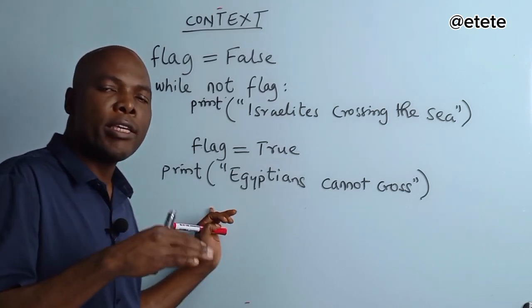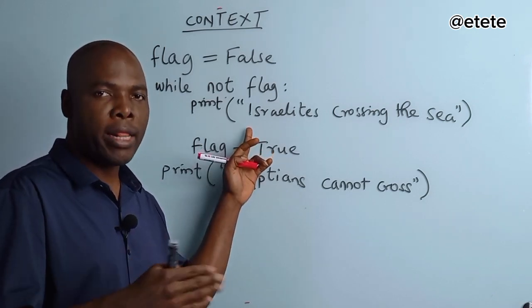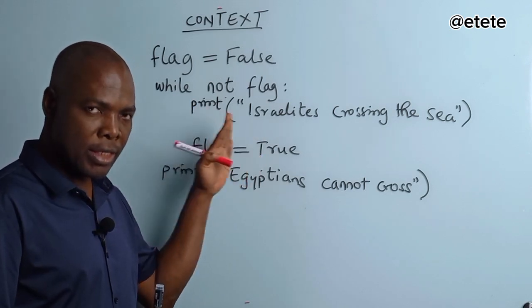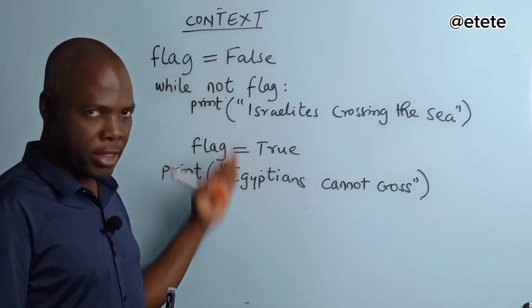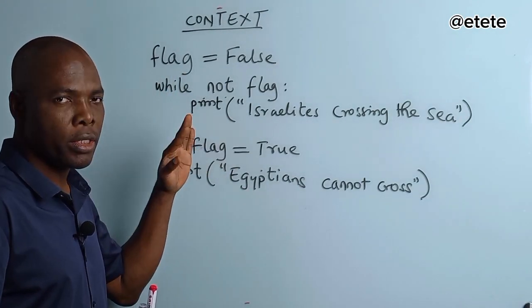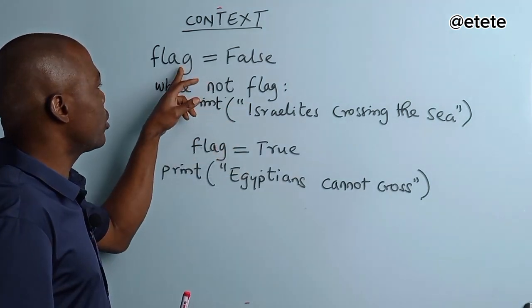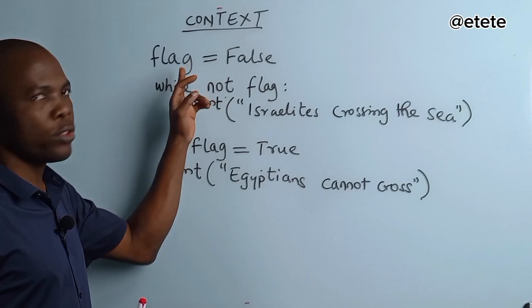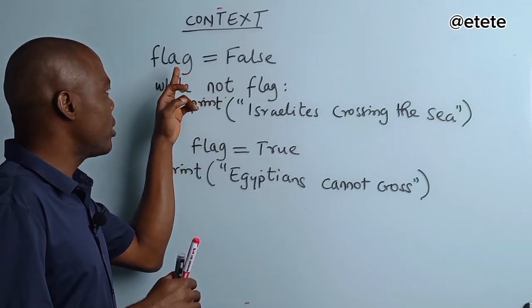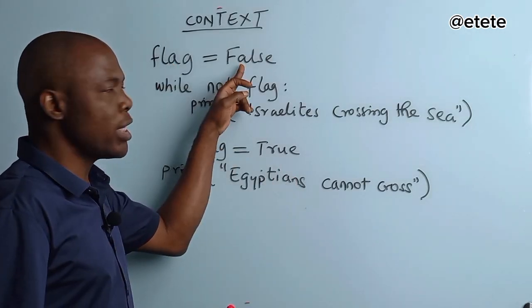Now, let's go back into the realm of Python and try to understand this within the Python language. What does it mean? What will be the output of this script? Now, the first thing we are doing is we are using a condition, right? And we are using a condition to set this up. So the condition is flag, and you are assigning false to it. This flag is a variable, which is what? Is a pointer. So this flag is in the Python script, pointing to the memory location,